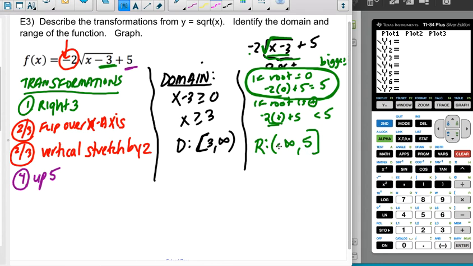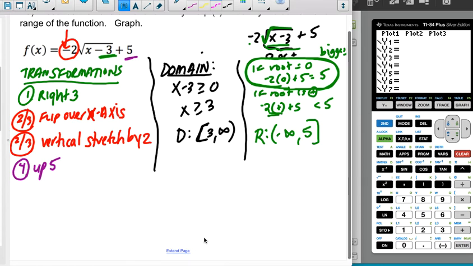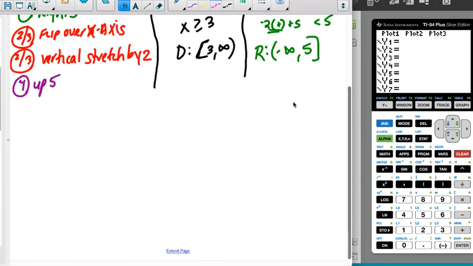So my range is that 5 is the biggest, and this thing could go down to negative infinity. Now, when we put these 2 things together, it's actually going to make a lot of sense when we graph this. I probably should have had a grid handy, but I don't at the moment, so we're just going to make it work, right? So if we graph this,